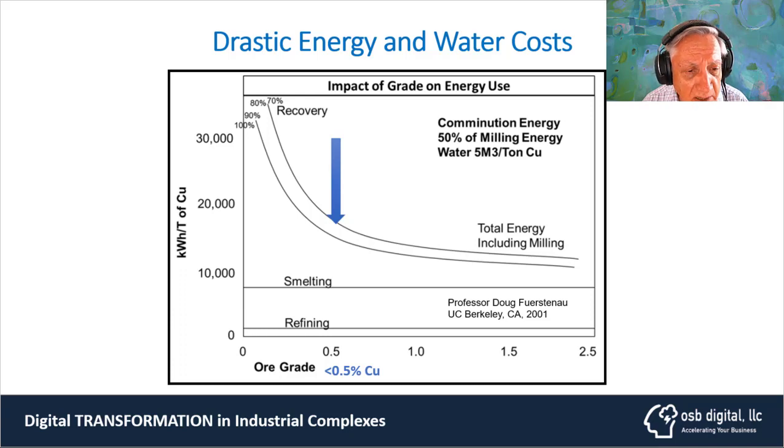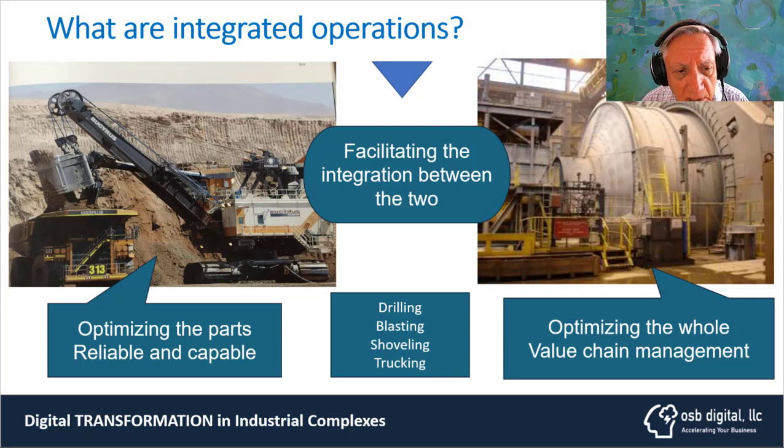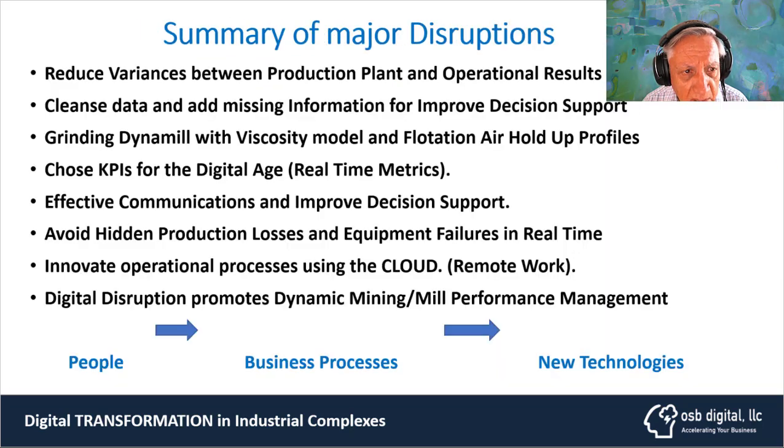by the production planning. So the idea is to really integrate both the mine and the mill together to maximize the productive times of all the pieces of equipment at the right production rates. That's why we need to reduce these variances between the production and the operational results. But for that, we need to clean the data that is collected in historians. And there is a tremendous amount of information which is missing for improved decision support. So we need to look for that so management can have access to it and the decisions become much easier